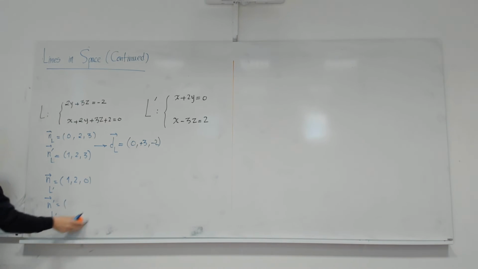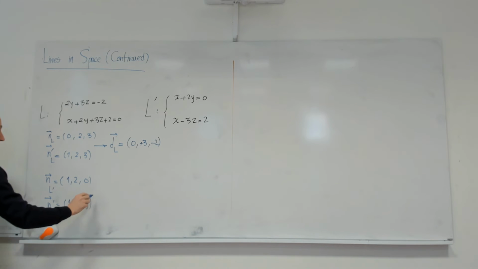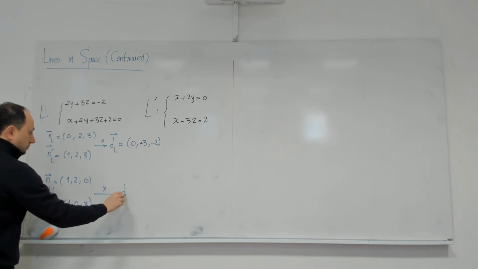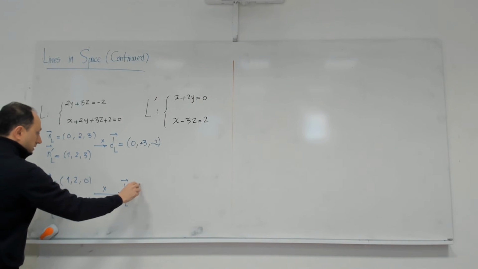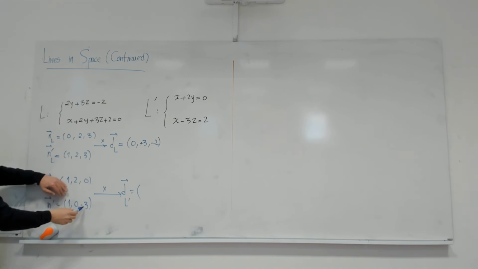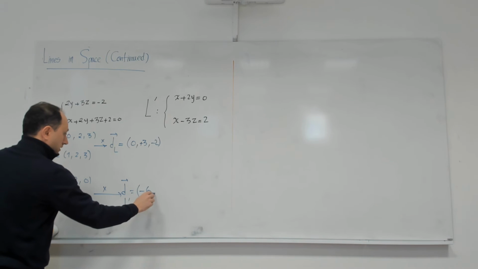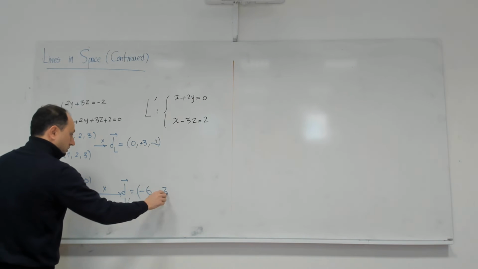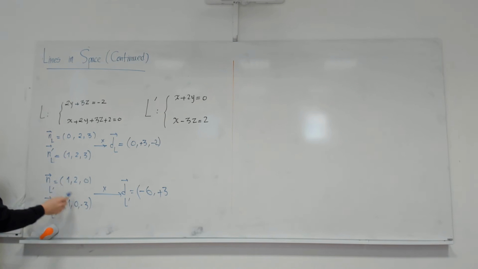And then I take the cross product of them, and I get dl prime. It's equal to minus 6. The middle one has an extra minus sign, it's minus 3, and I have another minus, so it becomes positive 3. And then finally I have